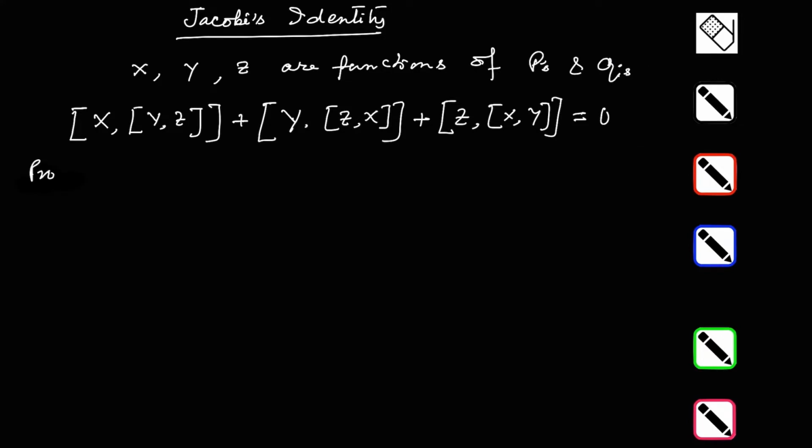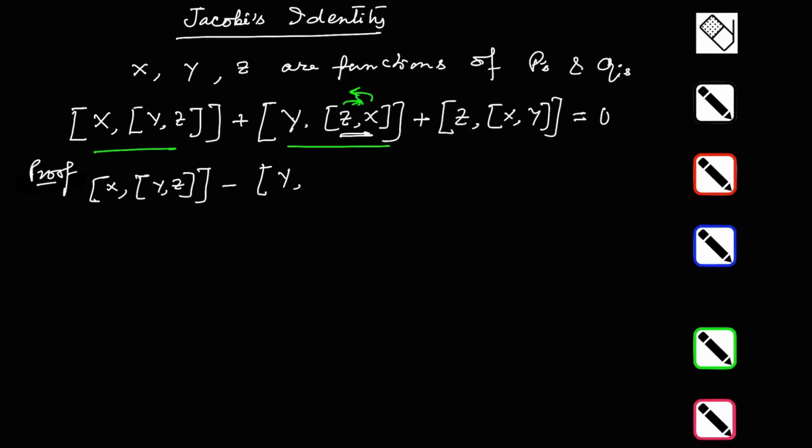So now, in order to prove this, first let us take these two terms. But here we are going to reverse the order of these two. Then what will happen? The Poisson bracket of x and that of y and z will now be minus, if we interchange these two,